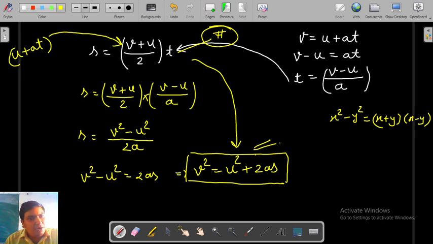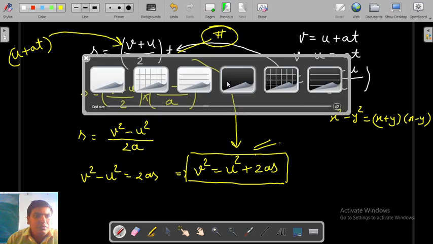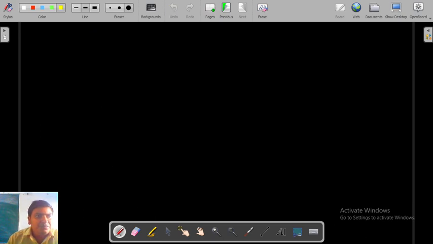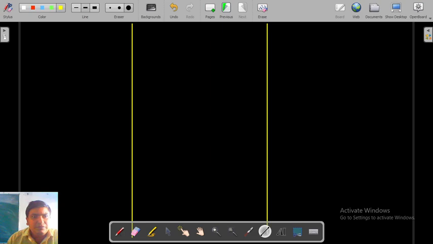We have a method of deriving these equations by graph also, and we will do that in our next lecture video. So one more time, in a single shot we can derive these equations so that you can understand in a brief manner. Okay, so I will do the whole thing on one page. Suppose this section is for the first equation, this section is for the second equation, and this for the third.